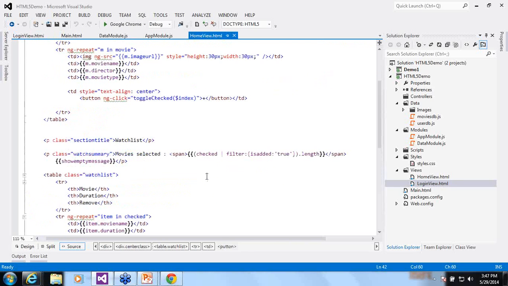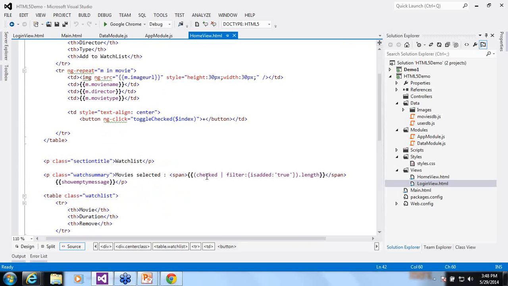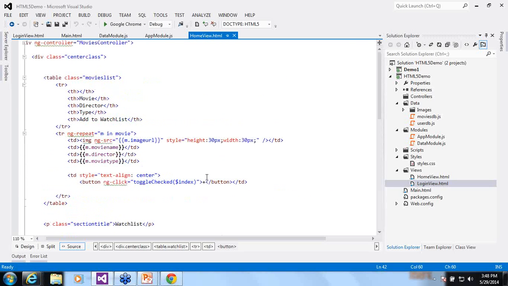Hi Pradnya, can you hear me? So in the home view, we have 2 tables. Yes, sorry, your voice is coming and going. Can you please check your audio setting at your end?